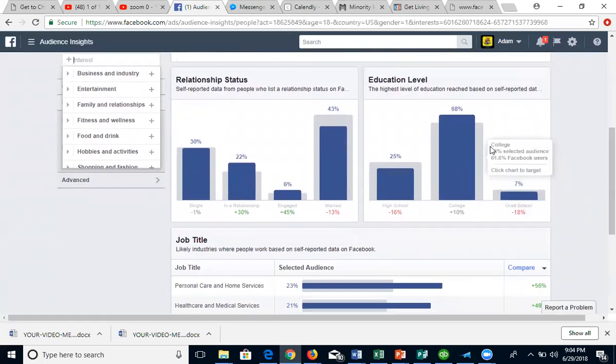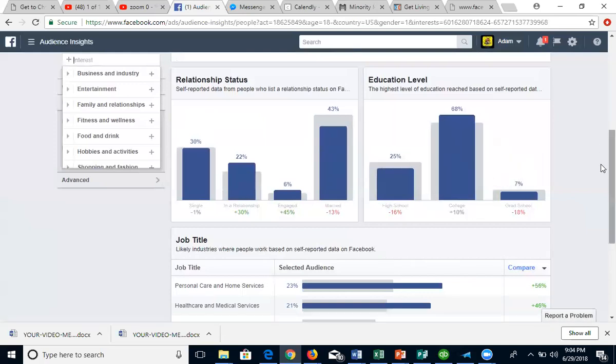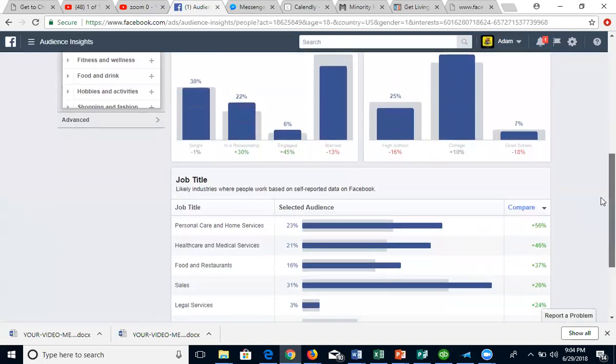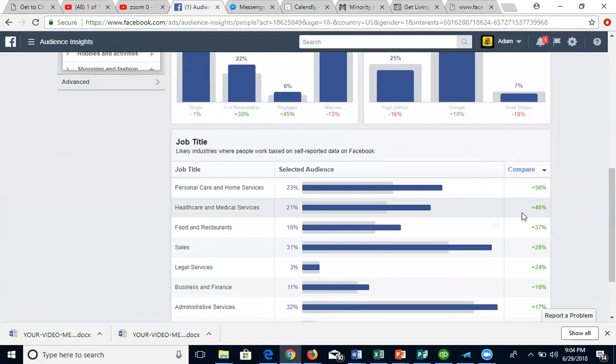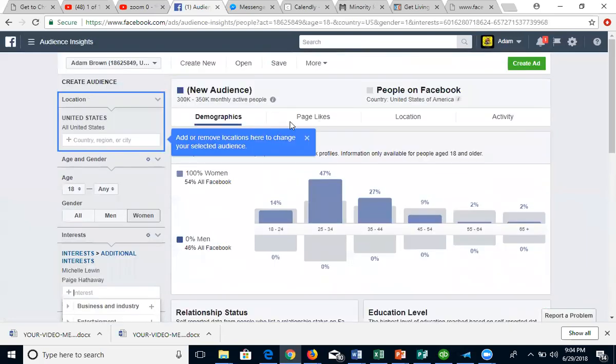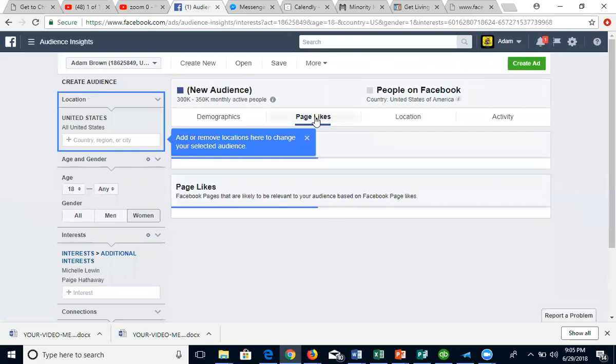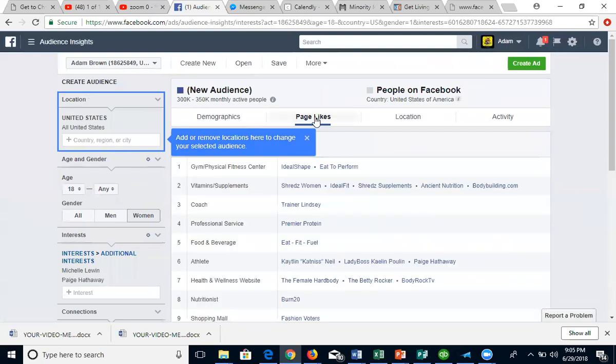It looks like most of my people have been to college. I can see what kind of healthcare or what kind of jobs they're in, so personal care and home service, healthcare, food, restaurant, sales, etc. So we're going to dig a little bit deeper, and we're going to go over to page likes. And I'm seeing things like coach, trainer Lindsay, so that might be someone I want to write